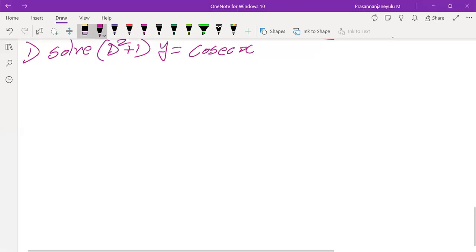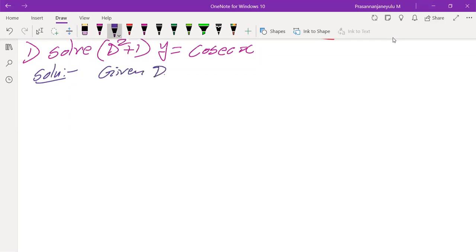So this is the given differential equation. Even if they do not mention the method of variation of parameters, there is no option to find the solution for this. Whenever r of x equals cosecant x, we are unable to find yp. So the given differential equation is (D square plus 1) of y equals cosecant x. Taking this as equation number 1.